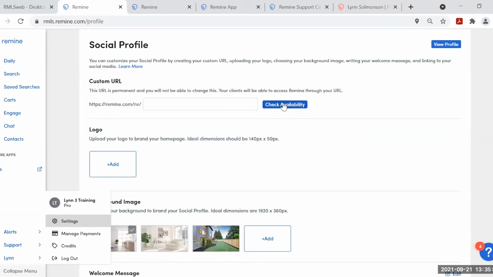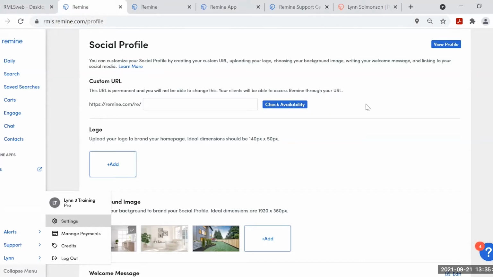So you'll check availability. It is going to be a permanent link that you basically will have your own little custom website that you can invite clients to join you, and some basic interaction. It's not a deep level of interaction, but you can message back and forth and see favorites that they have marked if they have joined you in Remine.